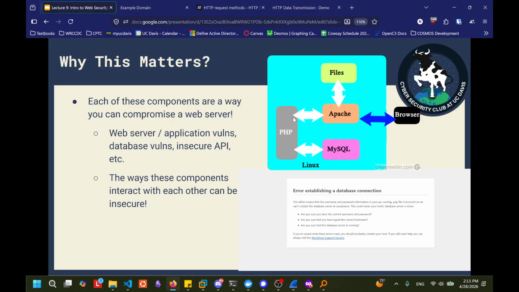They don't just depend on each other, they need to interact with each other. All of these separate components can have vulnerabilities that we can exploit to our advantage, and the way these components interact can also be a source of vulnerabilities. Understanding that web applications are not just some kind of static black box, but a system of separate components that can each be targeted or attacked together, is critical to understanding how web application security works. Okay, that's enough theory yapping.